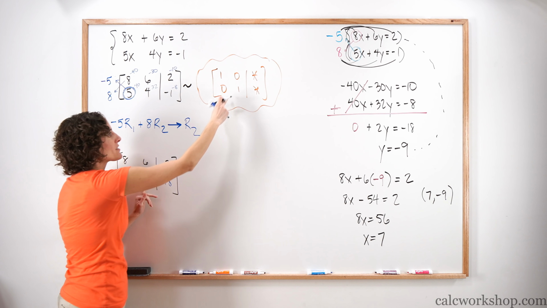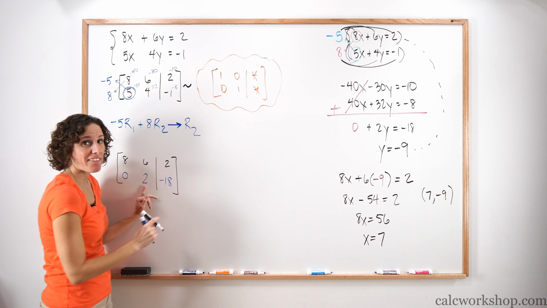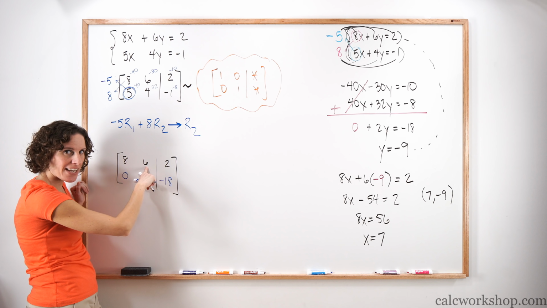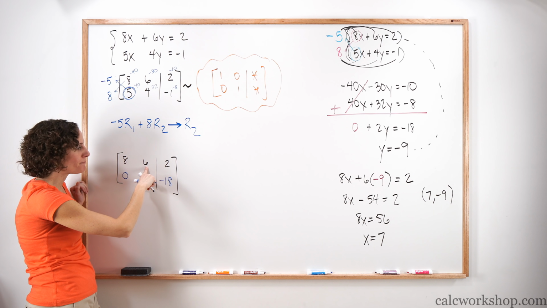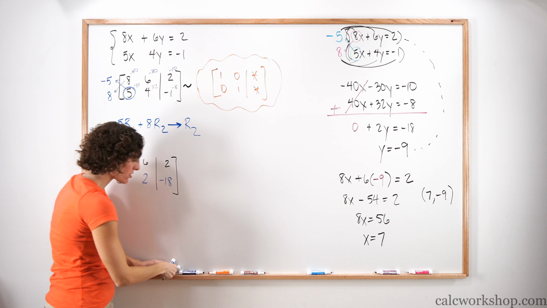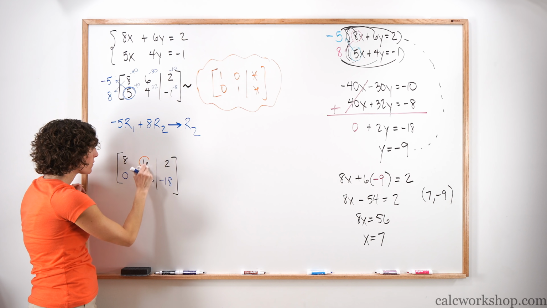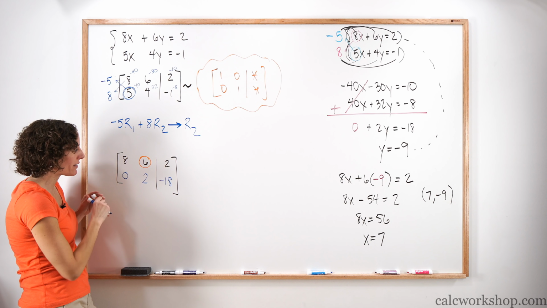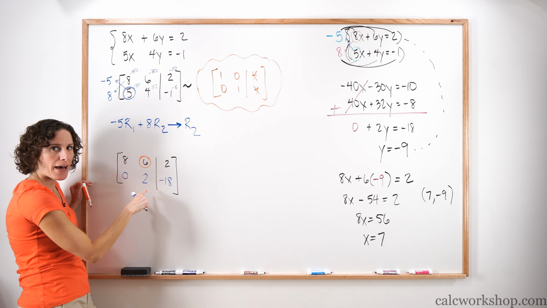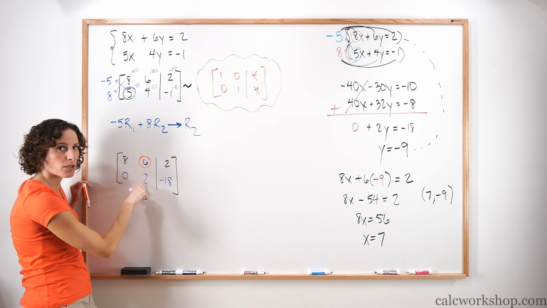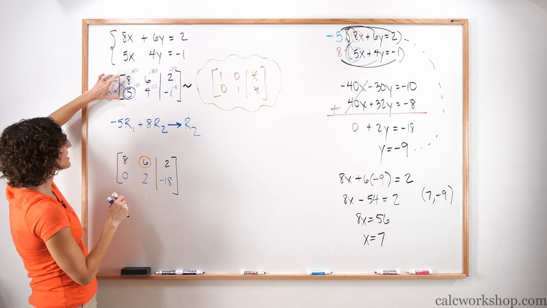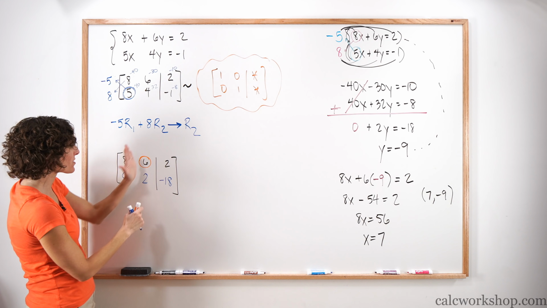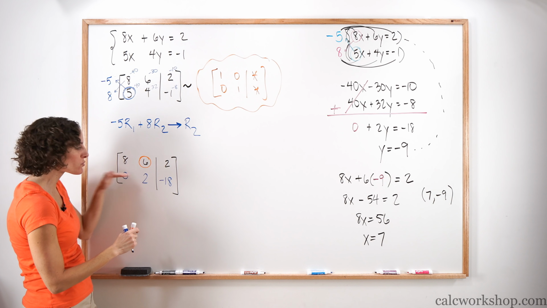So notice, it's mimicking what we want in terms of the identity. We want this 2 to stick around. We want the 6 to go away. So if we want the 6 to go away, we want him to become a 0, like we see here. Well, if we are in column 2, that means we're going to use row 2 to manipulate. So instead of using the 8 and the 0 like we see here, we're going to use the 6 and the 2 because we're now in column 2. We're going to use row 2.